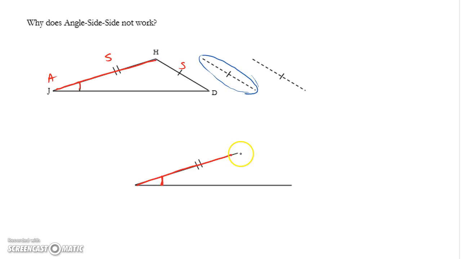I could bring it straight down here and say, hey, those are congruent triangles. It works. However, I could take that same side length here